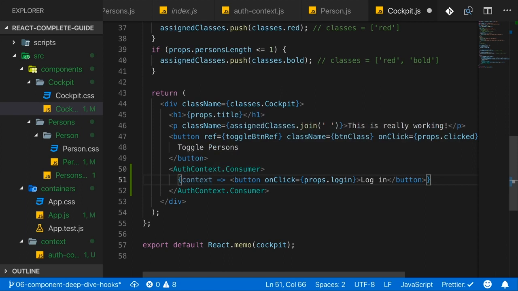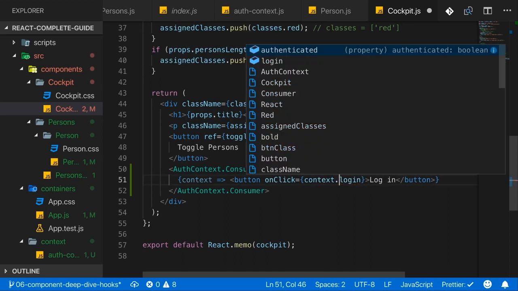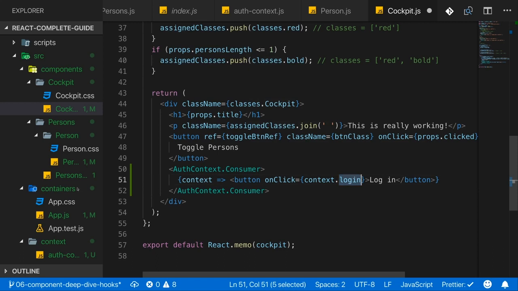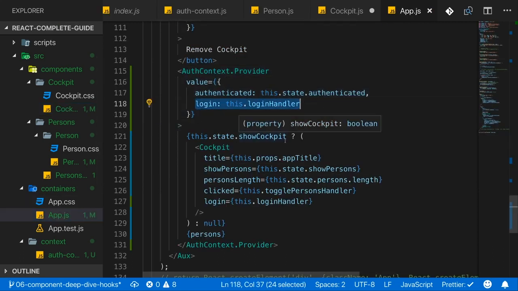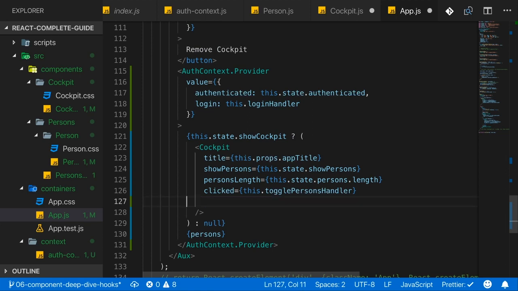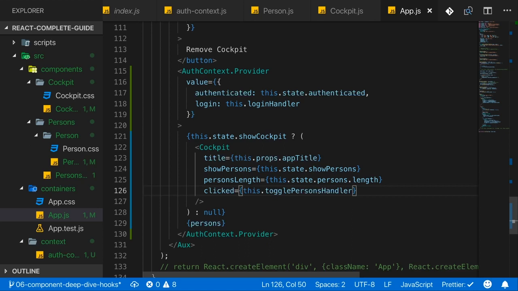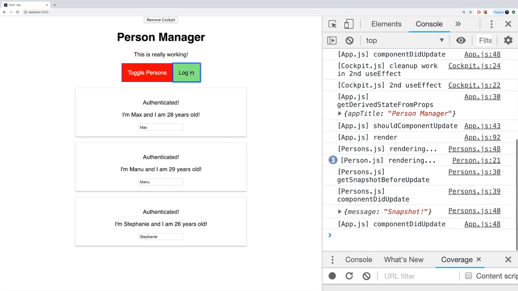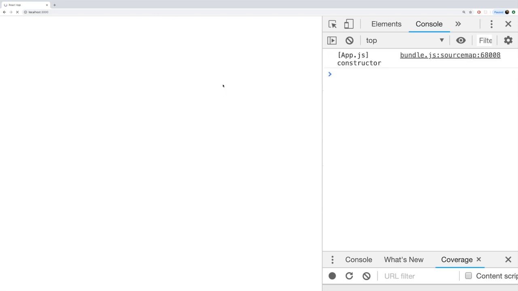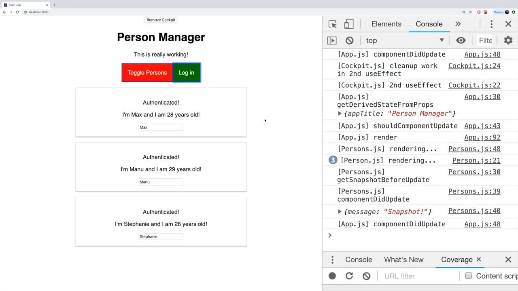And then again here, we cannot access, or we could access props.login, but we don't want to. Instead, now we access context.login because remember that login property holds a reference to the login function. That is what we're setting up here. And now we don't need to pass this login handler on the login prop to cockpit anymore. Instead, we're now using context. And now once everything saves, we can press login and it updates as before, but now we're using the context